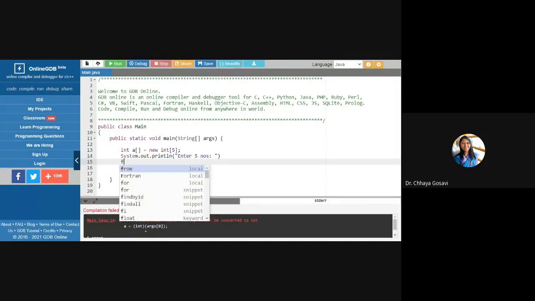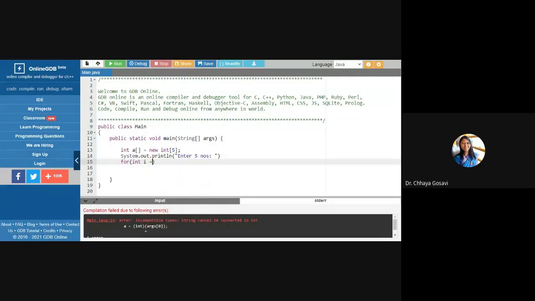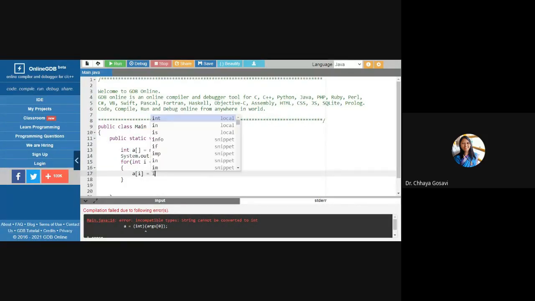Then I need a for loop similar to C. int i is equal to 0, i is less than 5, i plus plus. And here I'll just hard code the values instead of accepting them from the user. A of i. This one is similar. How to assign values? Here I'll just add i plus 5.